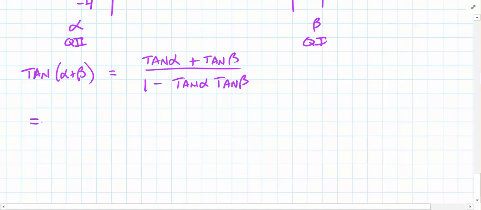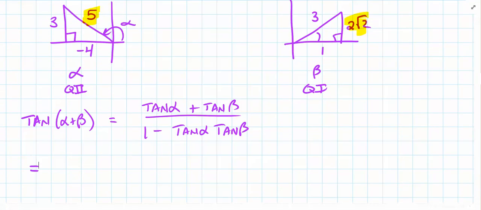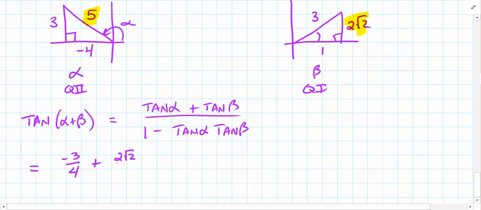What is the tangent of alpha? Let's look at our alpha picture. What would tangent have to be there? -3/4, very good. So I have -3/4, okay? Then I have plus. What's the tangent of beta? Take a look at that picture. What do you get? 2√2, very good. I get that same thing. 2√2 over 1. Okay, then all divided by